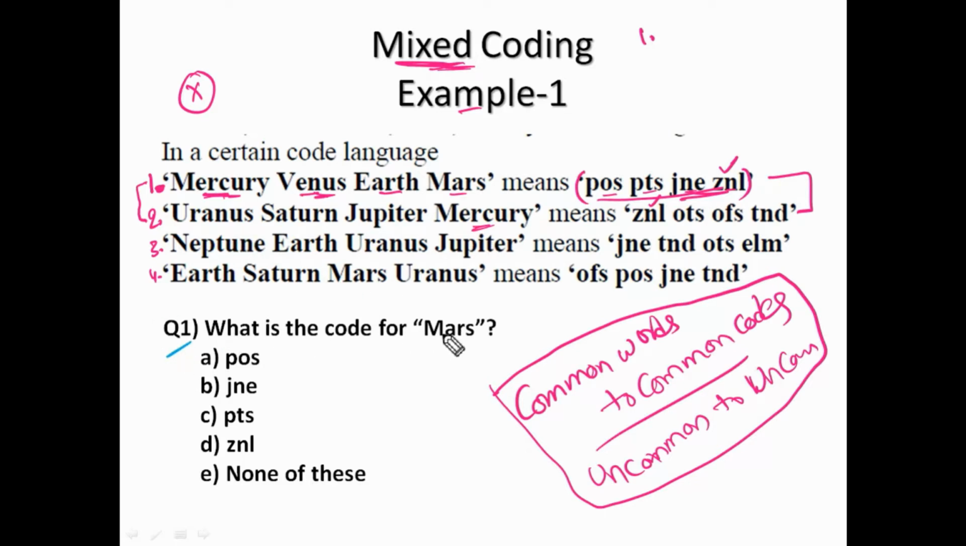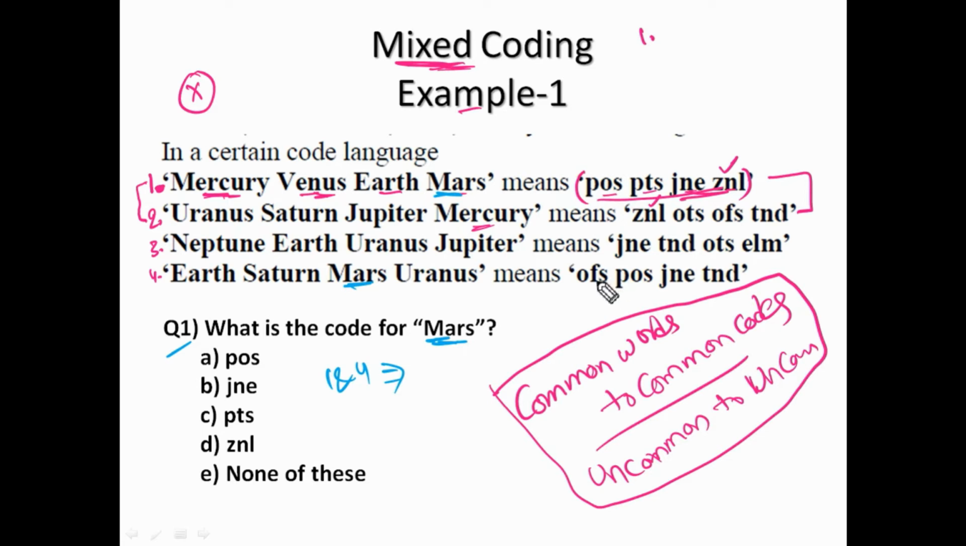Okay, what is required in the question? Mars. So it is enough to find the code for Mars. Why find all the codes? Right, see, Mars, first observation. Is Mars a common word or an uncommon word? Mars is a common word. Common in which statements? Mars is common in the first and fourth statements. So based on 1 and 4,